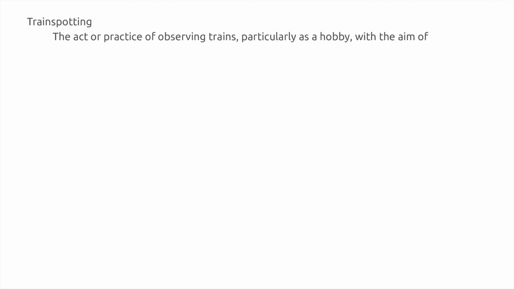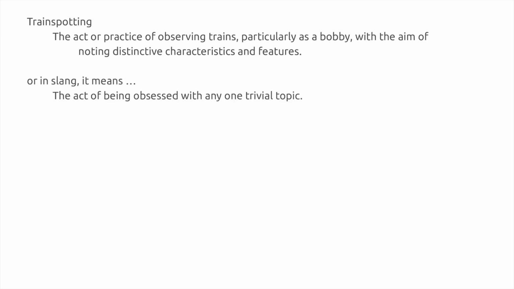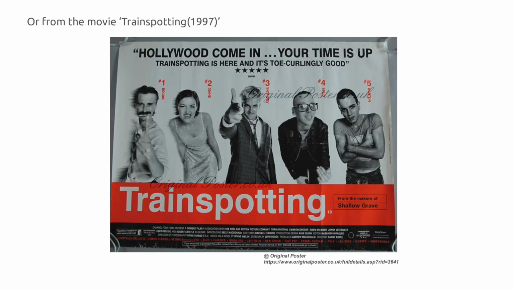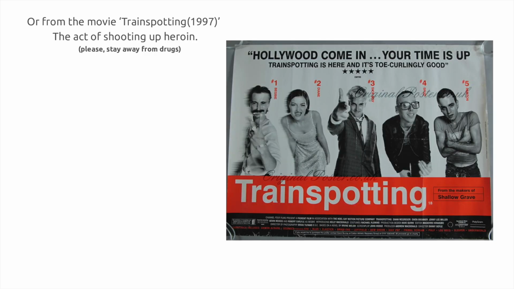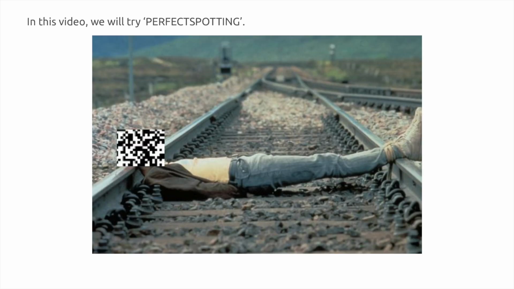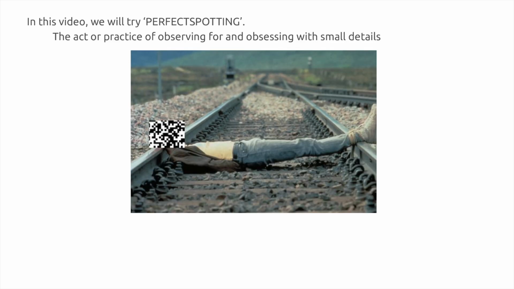Train spotting. The act or practice of observing trains, particularly as a hobby, with the aim of noting distinctive characteristics and features. Or, in slang, it means the act of being obsessed with any one trivial topic. Or, from the movie Trainspotting, released in 1997, the act of shooting up heroin. In this video, we'll try perfect spotting, the act or practice of observing for and obsessing with small details for